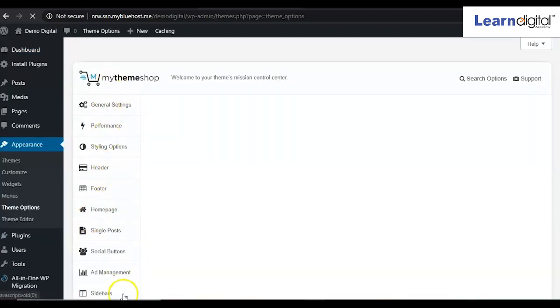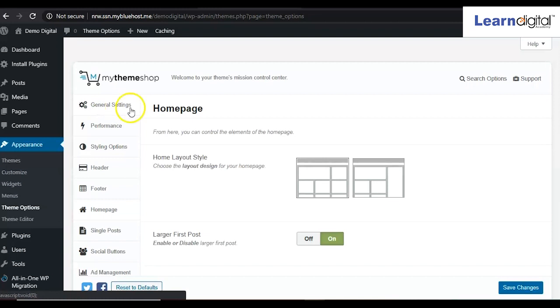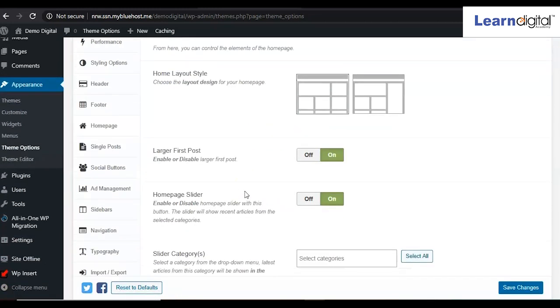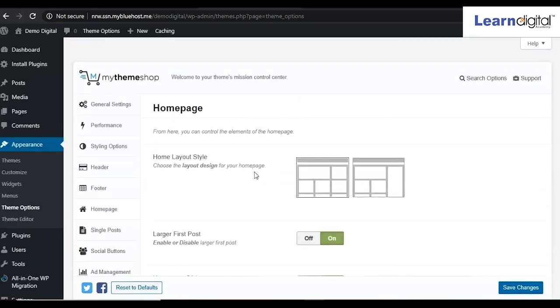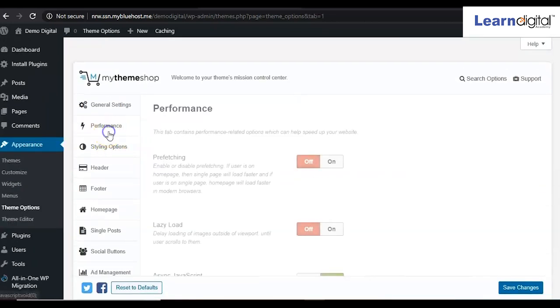So now these settings are coming. You can go to general settings and check the settings, and according to your need you can change these things, right? One by one you can read it and check it. Simply you can go to performance.